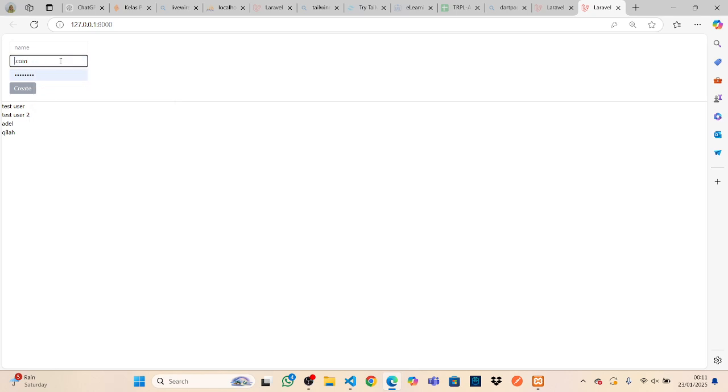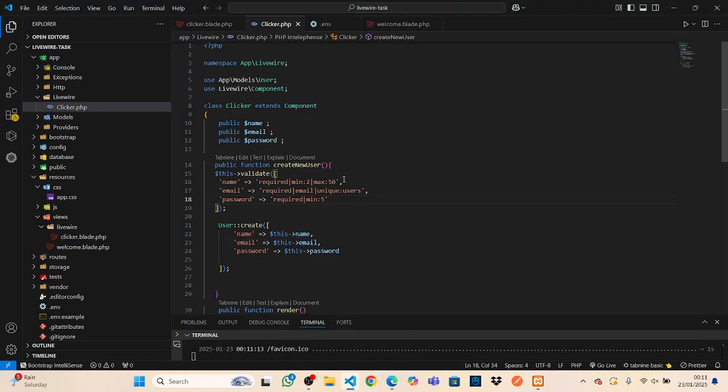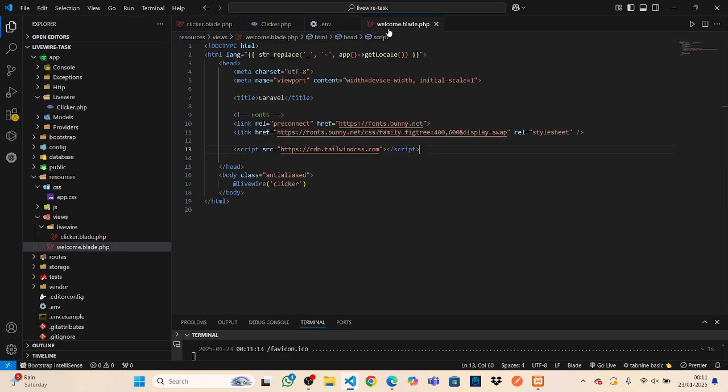And this is quite easy to do. This is exactly identical to how you would do it on a regular Laravel application. You can use the error directive that comes with Laravel, and VS Code is giving me